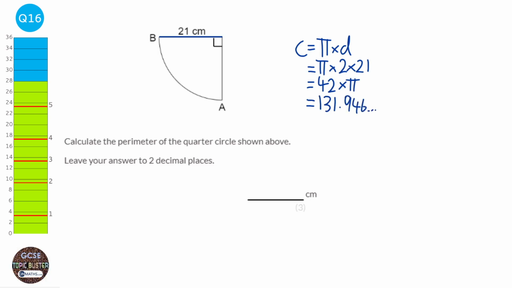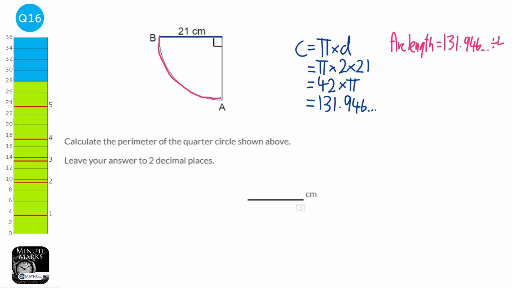which is 131.946 and so on. Now we don't have a full circle here. We've got to work out what fraction of a circle we have. Well, we obviously have a quarter of a circle. So to find the arc length, which is this part here, it's like a part of a circumference, what we're going to do is get that circumference and divide it by 4. So we're going to get the 131.946 and divide it by 4. When we do that, we get